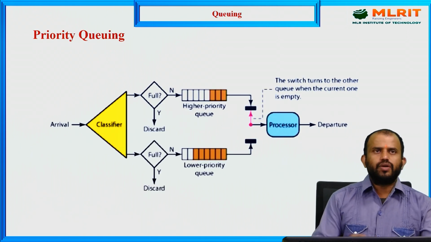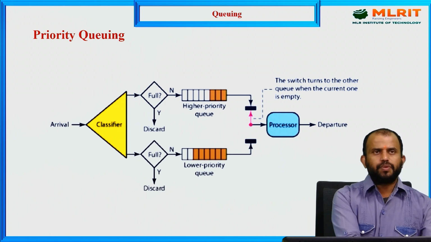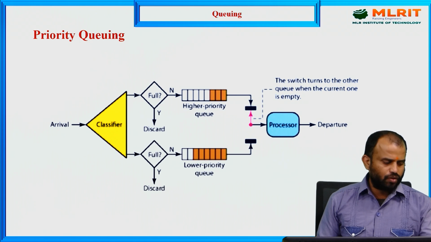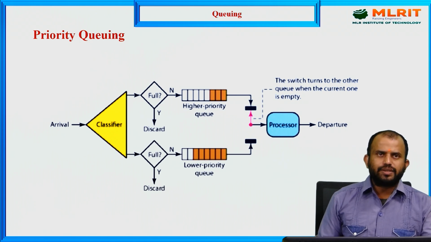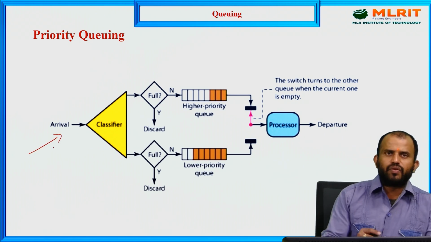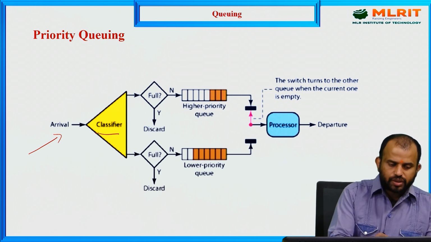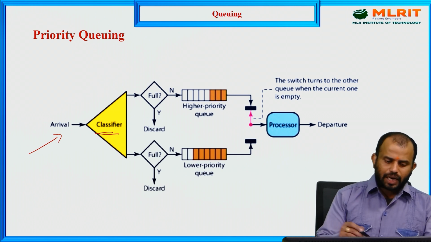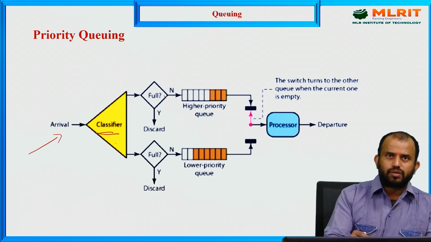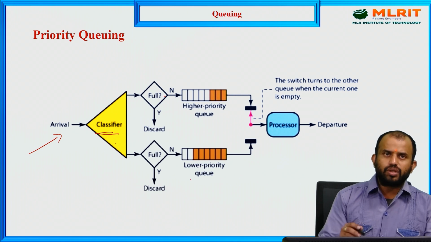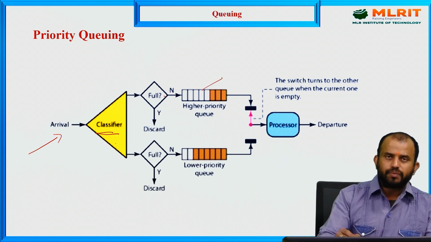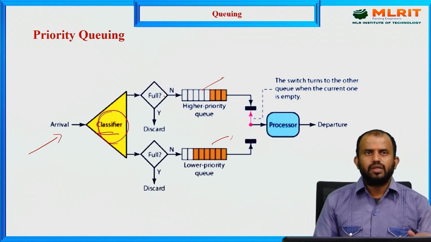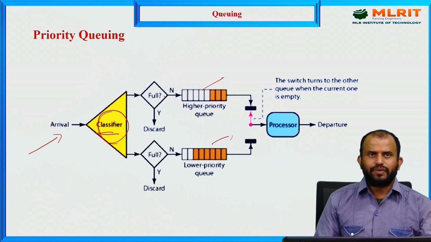And the next one is what we call priority queuing. So what is priority queuing? The name itself says it, we call it priority level. Any n number of frames arrive from the next value, and we have to classify the situation, because we call it priority queuing. Basically we have to understand the importance of that one. We have to classify. If the classifier finds it full, it should be a higher priority value, or else a lower priority. Two things are there: higher priority or else lower priority. So you have to understand in the classifier section whether it is urgent, or whether the information can be transferred in a slow manner as well. The classifier has to decide that.